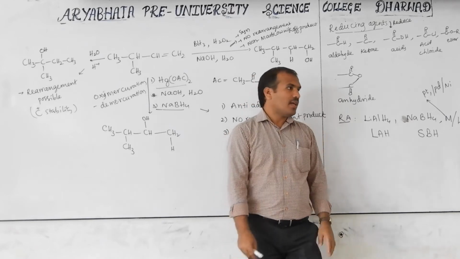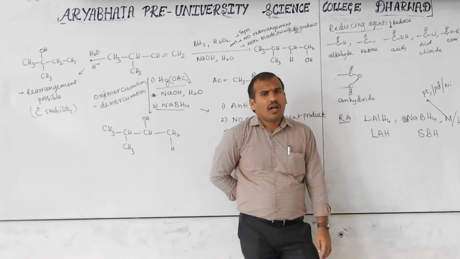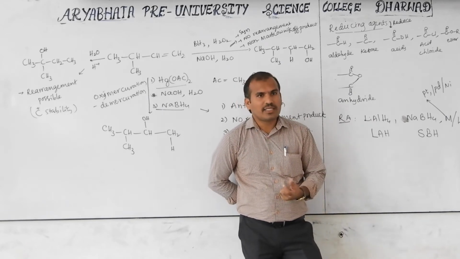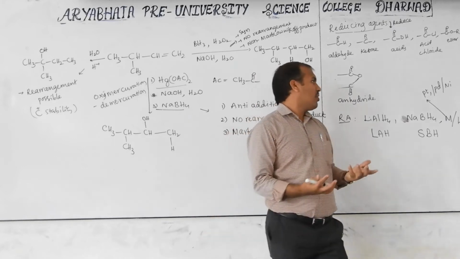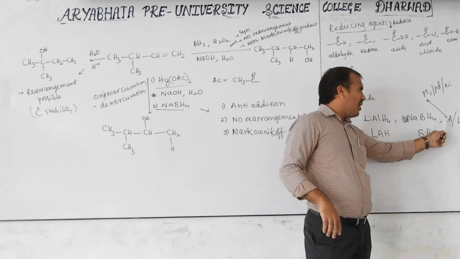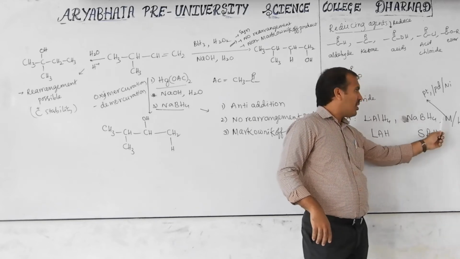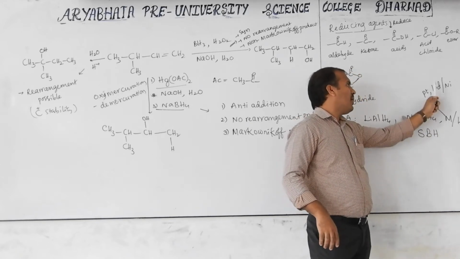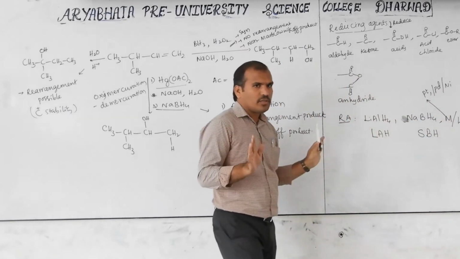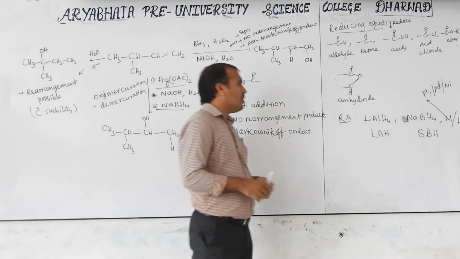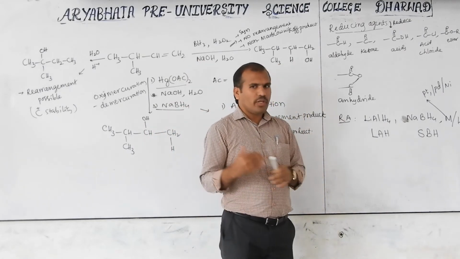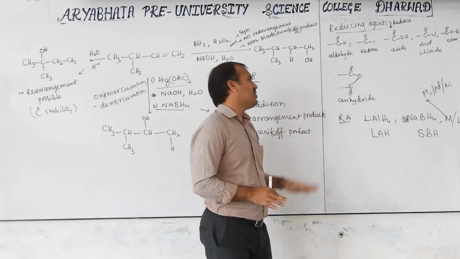You may also study another reaction, where alkyne reacts with Lindlar catalyst and gives the cis alkene. You will study that also. But these are the reducing agents, so keep them in mind. Here, M is indicating metal. The metal will be platinum or palladium or nickel. We use any one; don't use all together. So many reducing agents are there, and in our syllabus these are given.